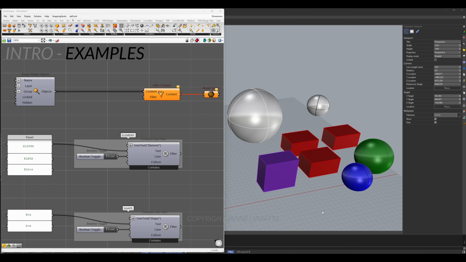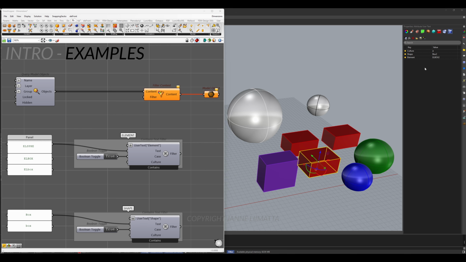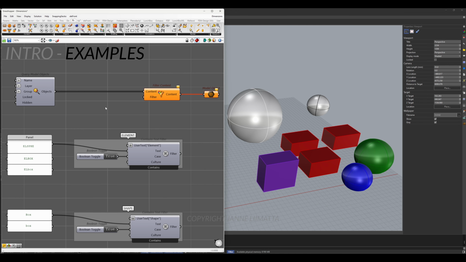Let's get to examples. I have created some Rhino objects that have user text values. They have a shape value and an element name. They also have a culture value, which is the letter A. First I'm using the element user text for filtration. I'm using the contains text filter component. I am getting all 4 sphere elements now,